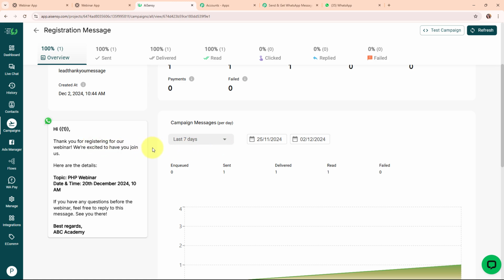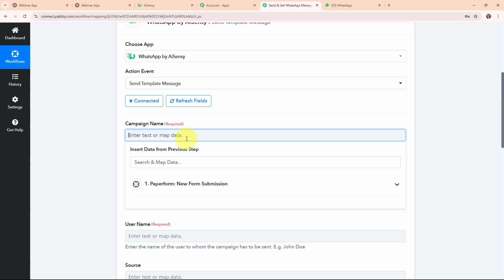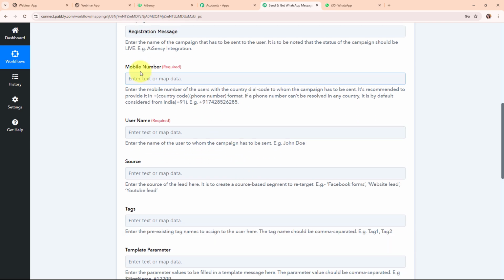So this is the campaign that I've already launched for my template, and this is the campaign name over here. So I'm going to copy it. Moving back to my Pabbly workflow, and here I'm going to enter the campaign name. Now after entering the campaign name, moving forward, it is asking me to enter the mobile number. So here in this mobile number field, I need to enter the mobile number